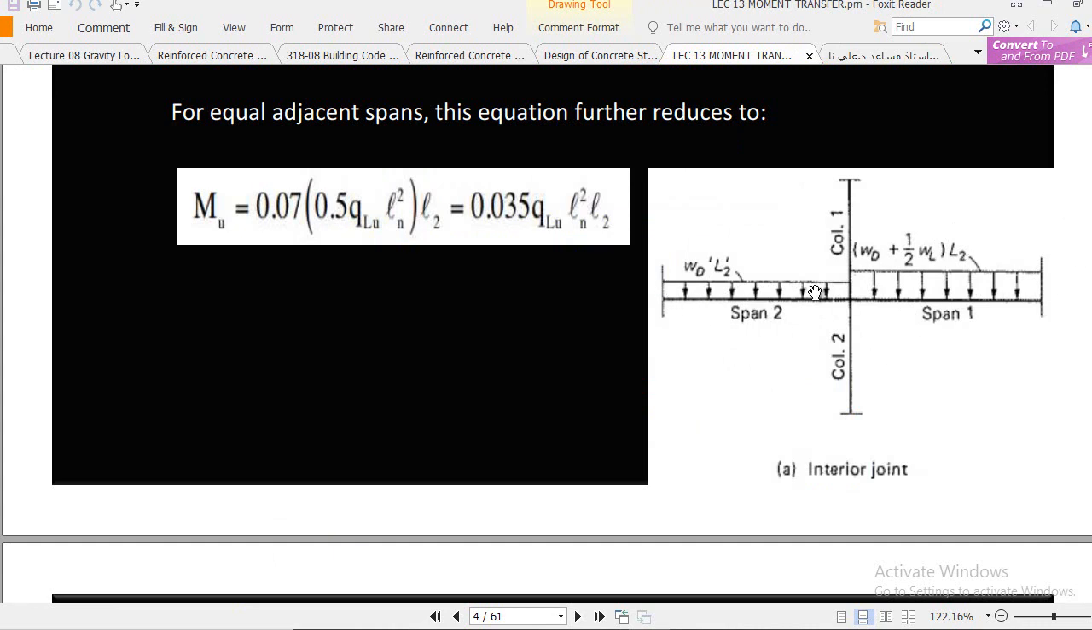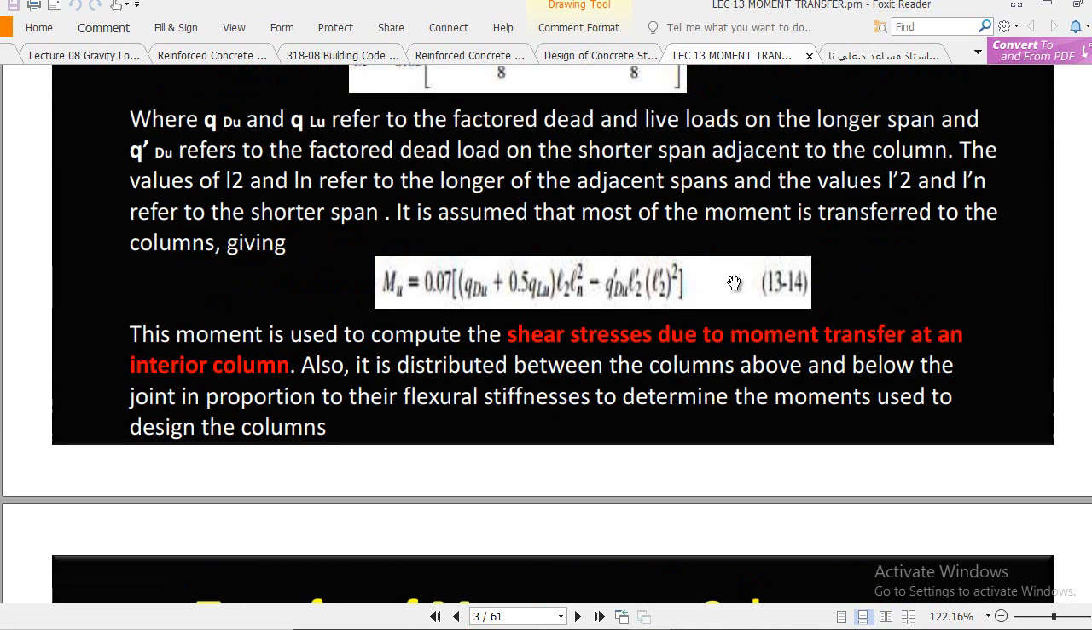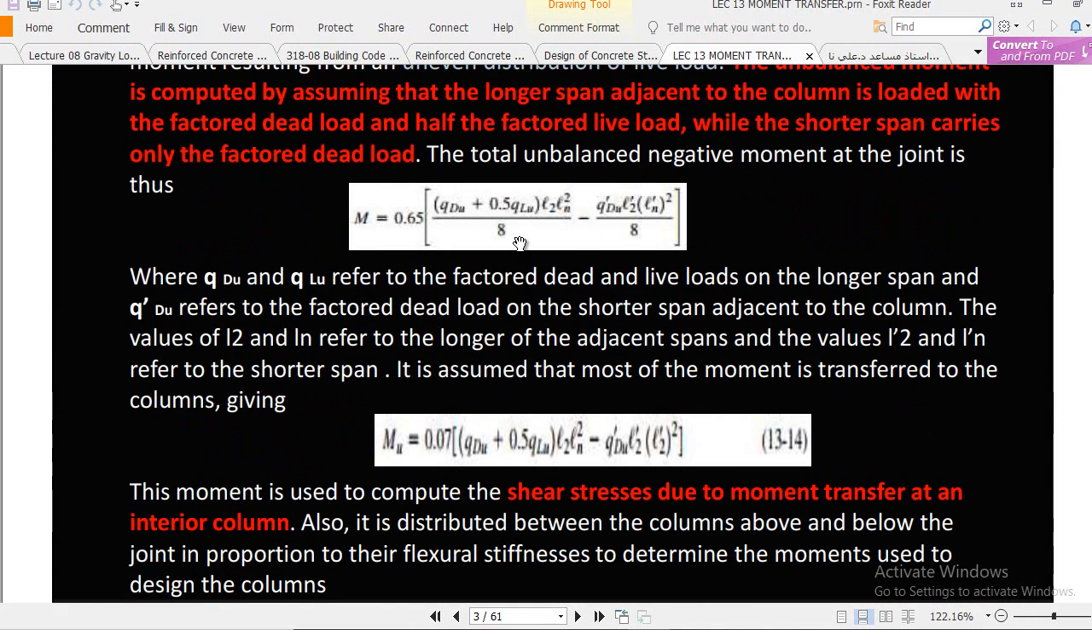Now here you see this is the shorter span and it is loaded with the full factored dead load. Now remember, the shorter span is denoted by the dash line. It should be remembered. Now coming back to this equation,